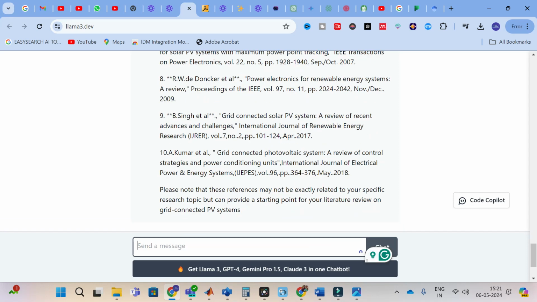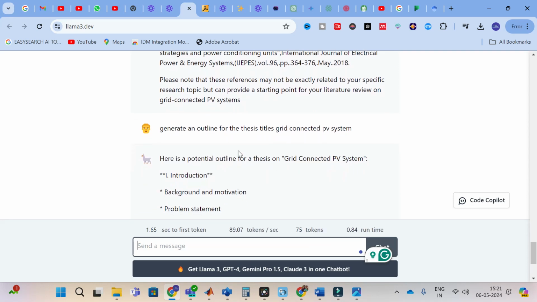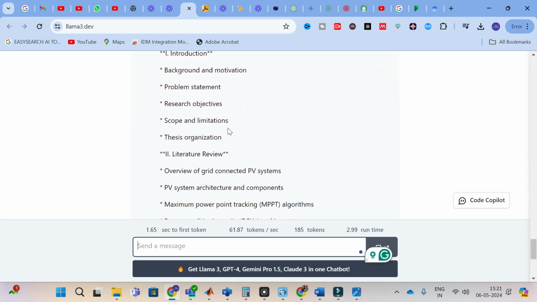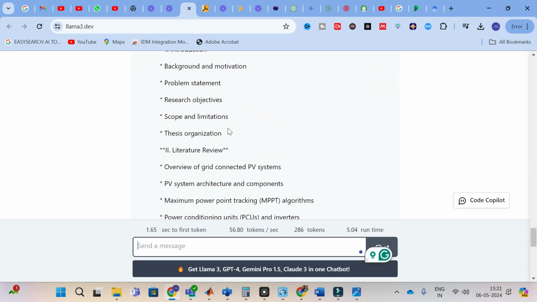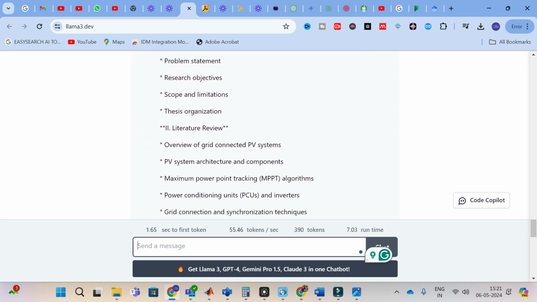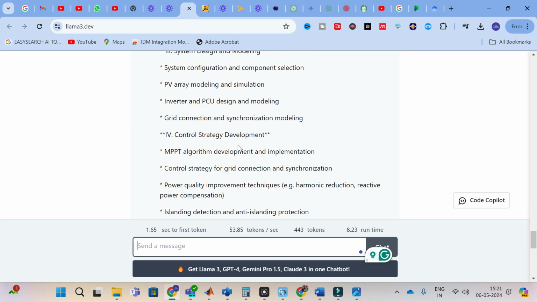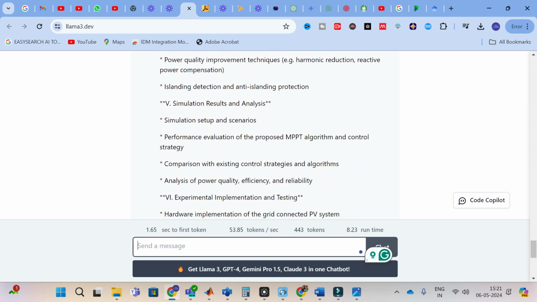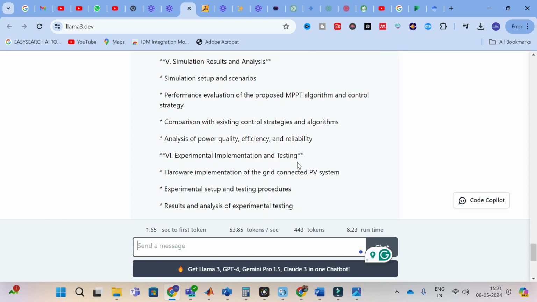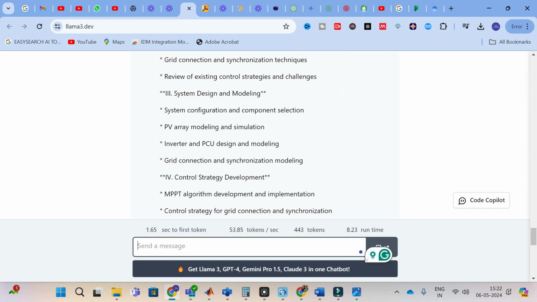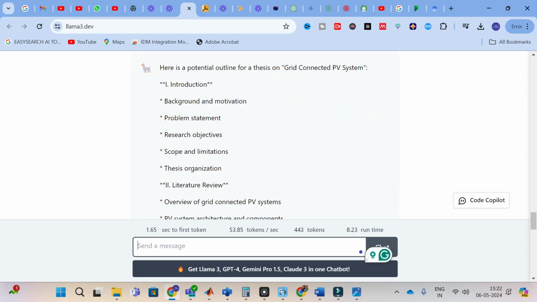So like that, you can give. Let us see. Yes, our outline has started generating. Here you can see introduction, literature review, system design and modeling, control strategy development, simulation results and analysis, experimental implementation and testing. So like that, a perfect outline for the thesis is generated.